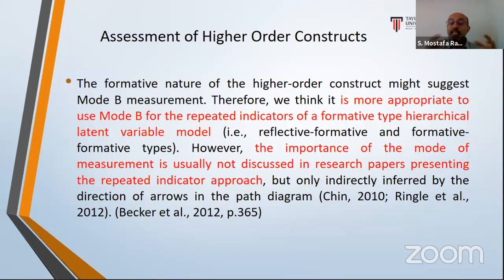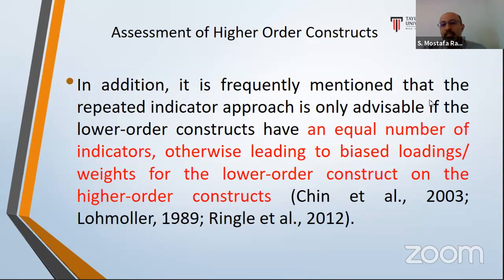But here, they suggest basing it on the nature of the second level. So if the relationship between dimension and second order is formative, regardless of the nature of the dimension and first order construct, it's better to apply mode B and formative in the second order construct for repeated indicators. So they provided some recommendations, and they checked some